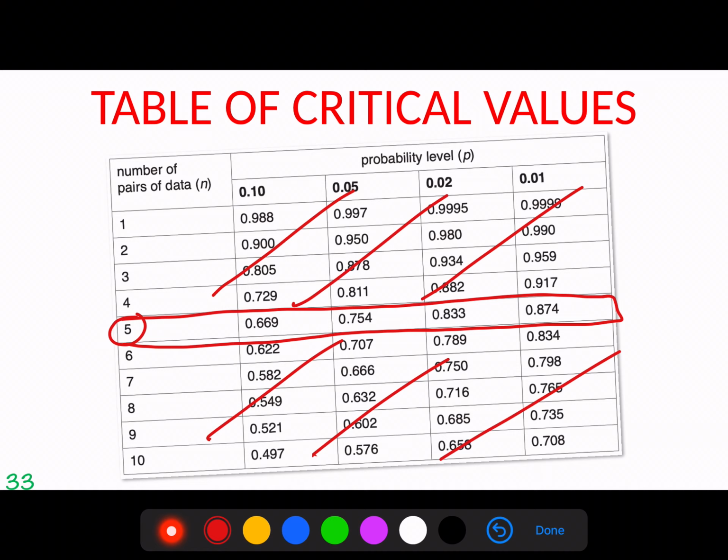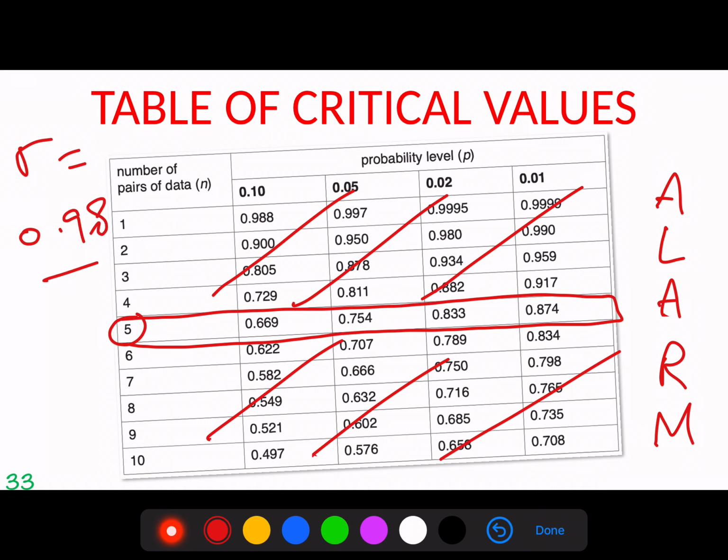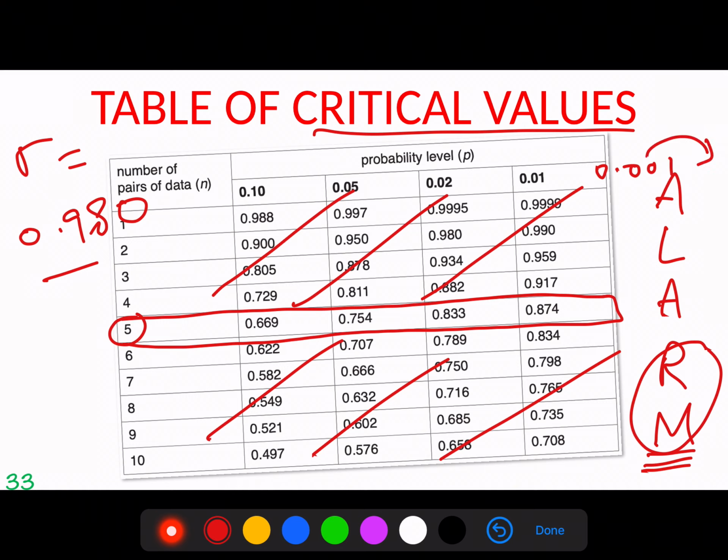Okay, let's go through the acronym again. Here we go. Accept if less and reject if more. So our value of R was 0.98, which is huge. And as you can see, that's more than all of those numbers on the board, okay? Which means that we can reject the null hypothesis because our value of R is more than the critical values in the table. It's probably more than if we were to go down to the 0.001 level, which is not shown. But what we can say is that because 0.98 exceeds 0.874, we can reject the null hypothesis